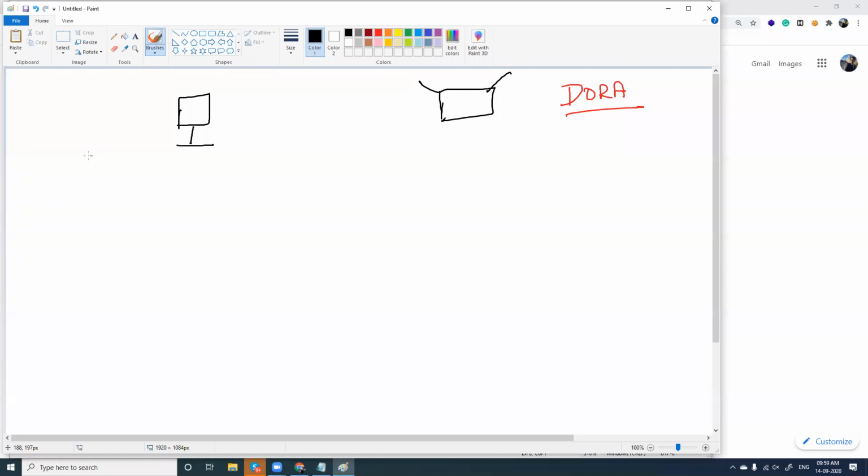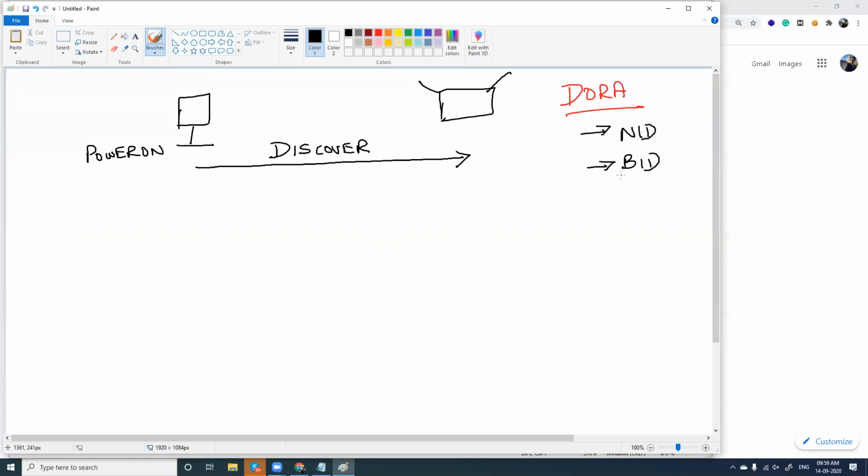Fine. So when your computer is powered on, what your computer is going to do is search. It is going to discover where your modem is. How is it going to search? I think we saw about network ID and broadcast ID, and you people were asking me, yes, network ID is used for scanning. Can you give us a practical example where broadcast ID is used? Here, for discovering, your computer uses broadcast ID.